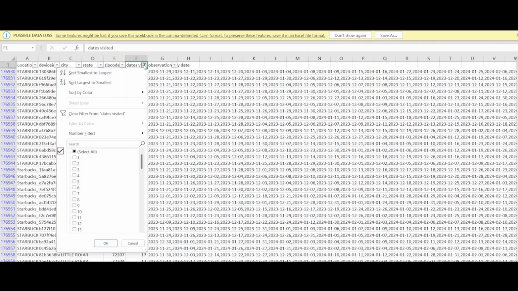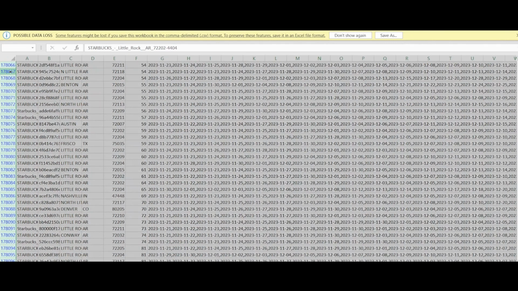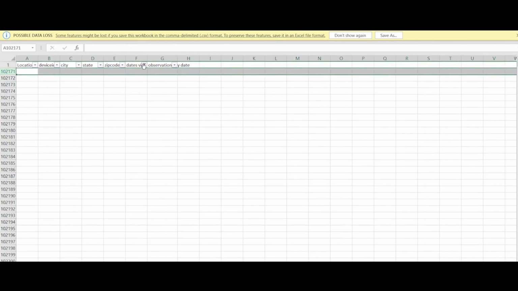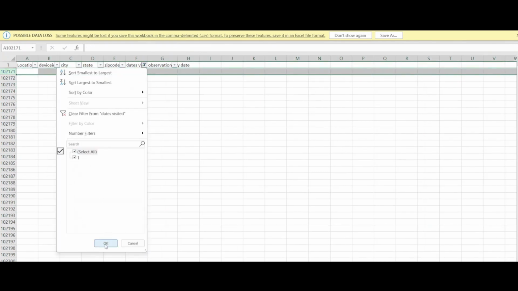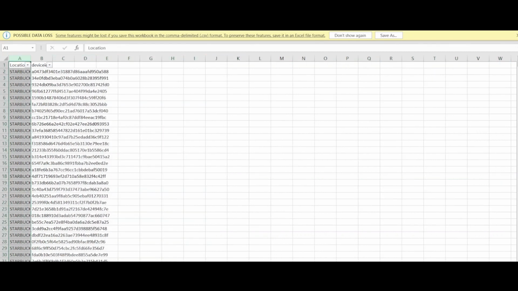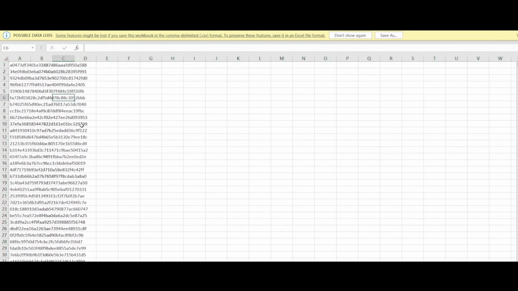Alternatively, you may want to create an audience of devices that have only visited 1 time because you're trying to convince them to come back. Simply filter for everyone who has visited more than 1 time and delete them. What's remaining are everyone who's visited 1 time. I delete all the rest of the data except for the devices, and I can re-upload this list back into